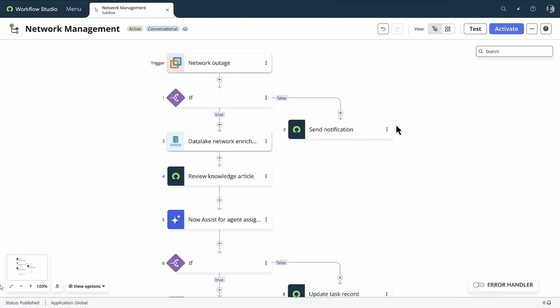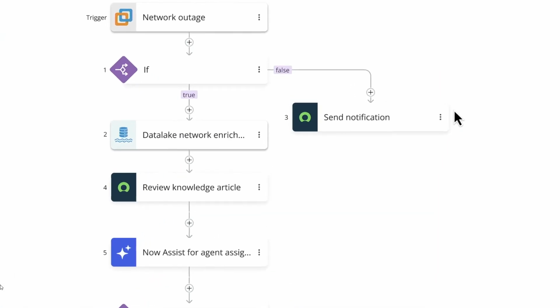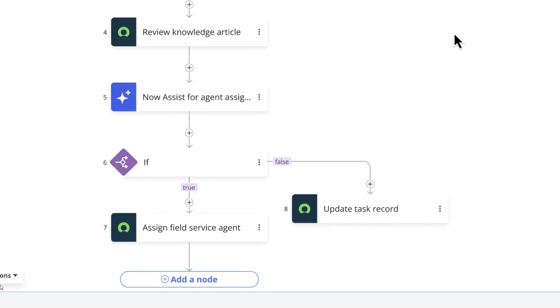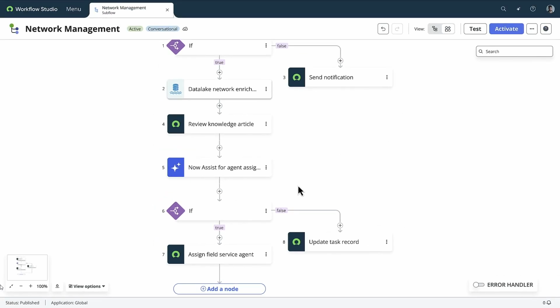Here is an AI-powered workflow to monitor network operations. When a critical network outage is detected, the workflow actions a series of tasks to understand the outage and assign a local field service technician. Before Data Fabric, only top-level network data was stored in ServiceNow. Today, Data Fabric brings real-time data from any system directly into this workflow. When a network disruption causes an outage, the workflow has access to a massive dataset of real-time IoT device details, tower locations, and relevant articles, triggering a deeper analysis, all without leaving ServiceNow.